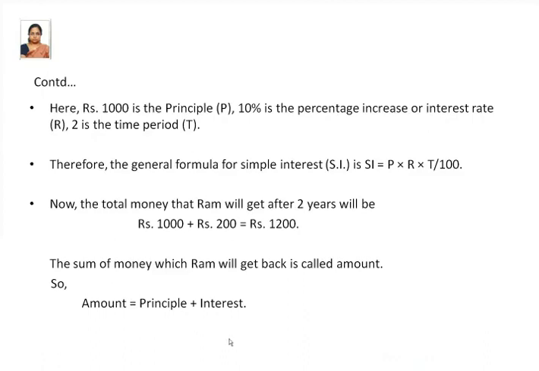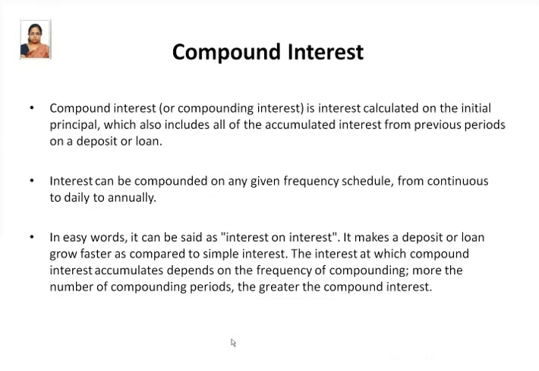Okay. So next we're going to see compound interest. Compound interest is interest calculated on an initial principal, which also includes all of the accumulated interest from previous deposits. That is, the first year the compound interest will be the same as the simple interest, but from the next year onwards, or the next term onwards, it is going to change. The change is because interest on interest is also calculated. In simple interest, we are not taking interest on interest. Even if it is 3 years or 4 years, the same interest is going to carry on.